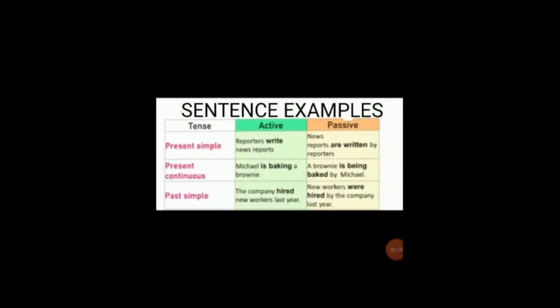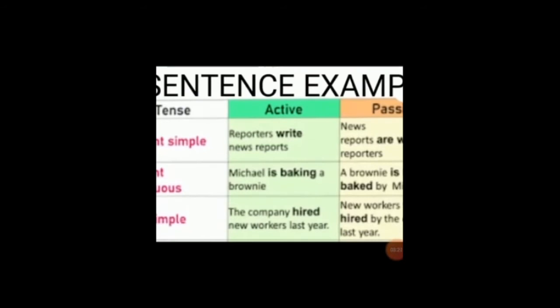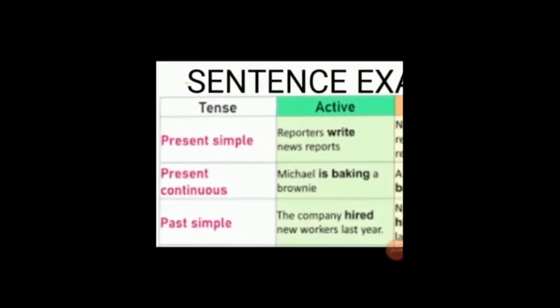Now here is a very useful chart to explain how an active voice is changed into a passive voice, with the help of sentence examples, and it is done according to the tenses already mentioned. So here you can see the sentence example. The tense is, let's take this present simple tense. In present simple tense, if the sentence is,